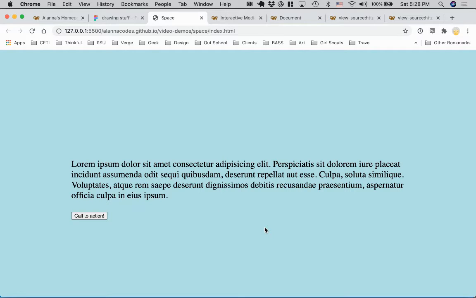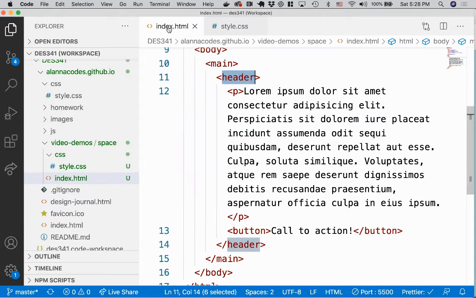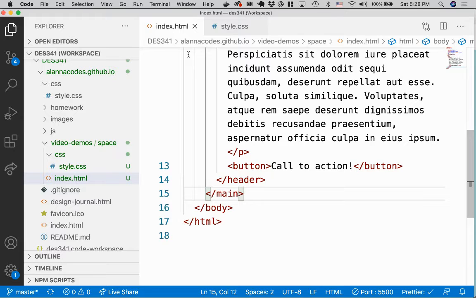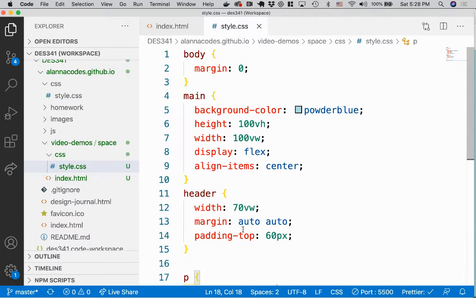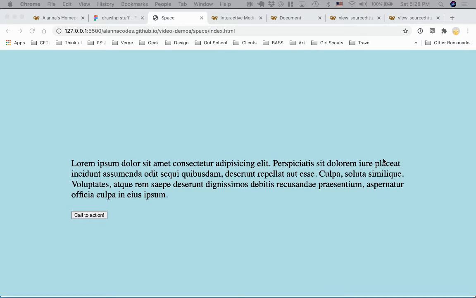Okay, so what if there's more than one box? Let's add another one, and then I think we may have to adjust. Oh, right, before that, I want to get rid of this auto and just make it auto and see if it really makes any difference. I really don't think it does. Okay,